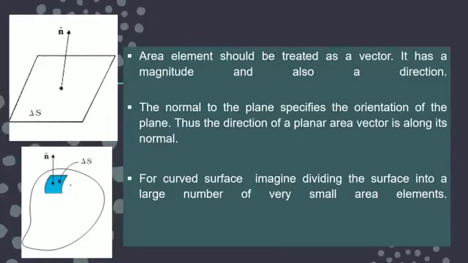So area vector is always perpendicular outward. It is taken by convention only. So if I take the rest of the areas, I can combine the magnitudes and the direction by vector knowledge. This is just to understand that area is taken as a vector quantity and the direction of the planar area is along the normal and of course in the outward direction.